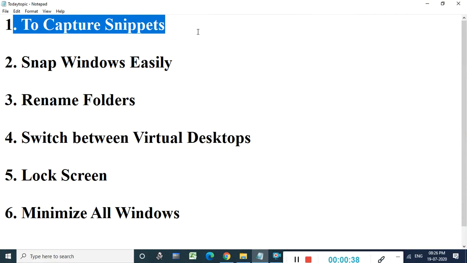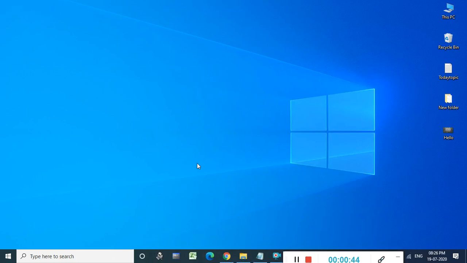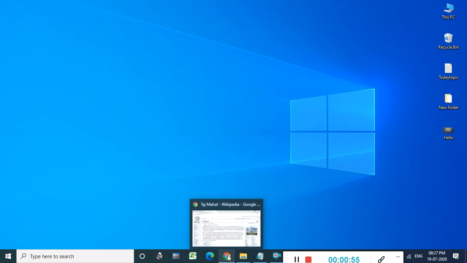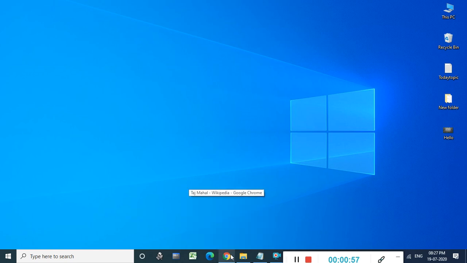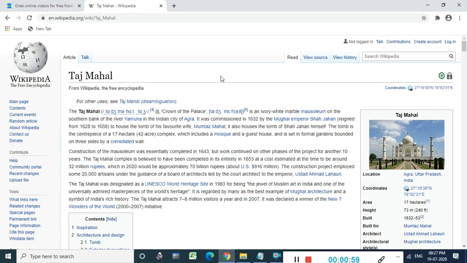So the first one is to capture snippets. If you like any image on a website, you take a lot of screenshots or search for the Snipping Tool or use the Print Screen button, then cropping the required part is too much work when the day has just 24 hours. Alternatively, you can use Windows plus Shift plus S,